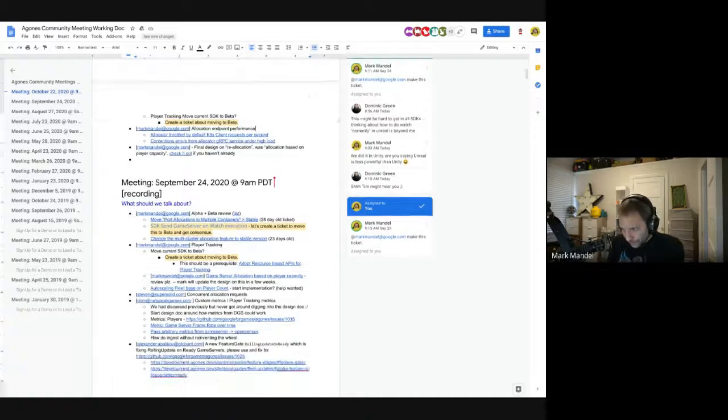Cool. Some of our customers discovered that there are some performance issues with the gRPC allocation endpoint that have been highlighted. Unless somebody beats me to it, I will probably jump in on this. The big issue, if you're not familiar with it, is that the Kubernetes client throttles itself to about 4 requests a second by default, which is not very fast. So unless you specifically override it, things go slow if you're doing stuff through the Kubernetes Go client or